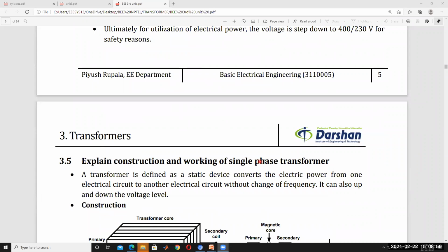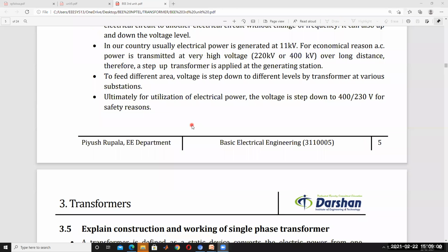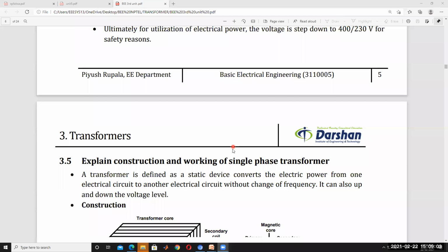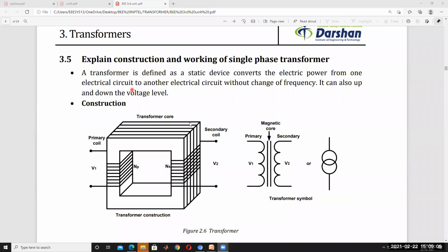Construction and working of a single phase transformer. So this is called transformer construction, with a primary coil and a secondary coil. Generally, we can consider this as the primary coil. This is called the transformer core. We should not take only one solid type of core. So we have to take different types of